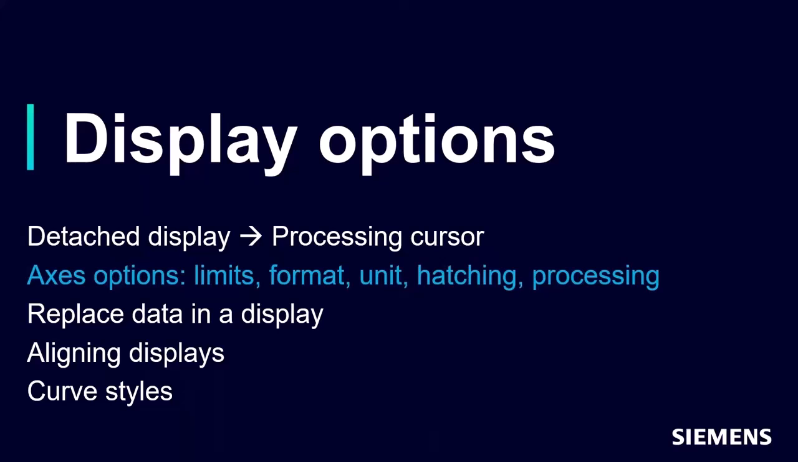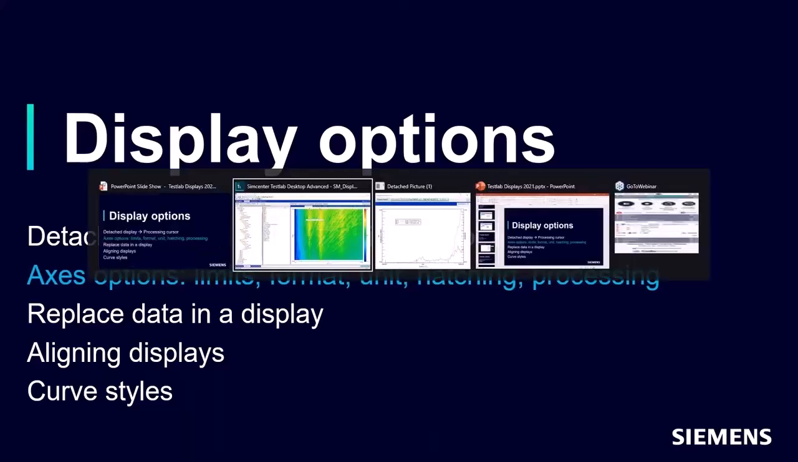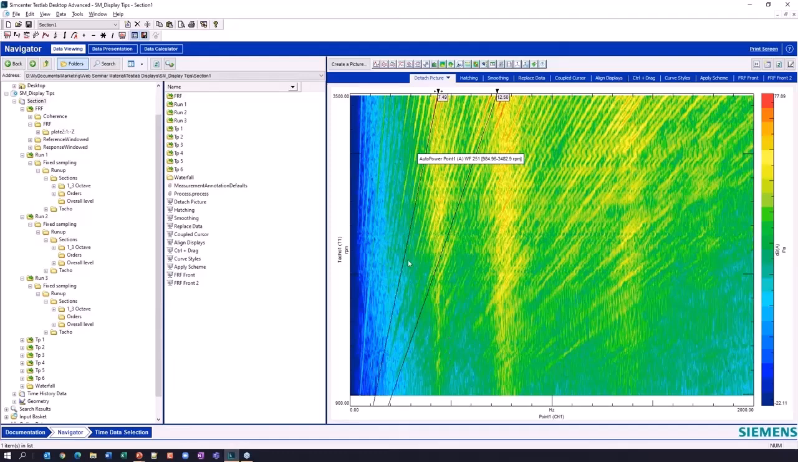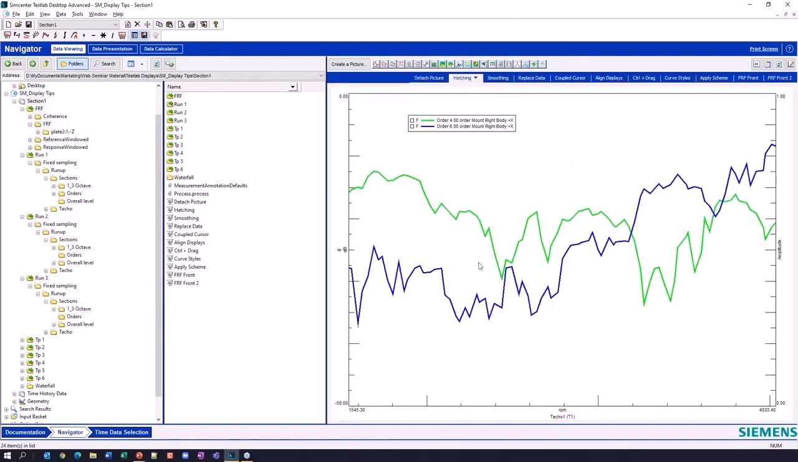Now we're going to talk about some access options. We want to tweak these displays that I've got, and I'm going to show you some other things that you can do within some of these displays. So I'm going to close this. It warns me that I'm going to lose my data there. That's fine. So I'm going to go to this plot, and I've got a couple of order cuts here,